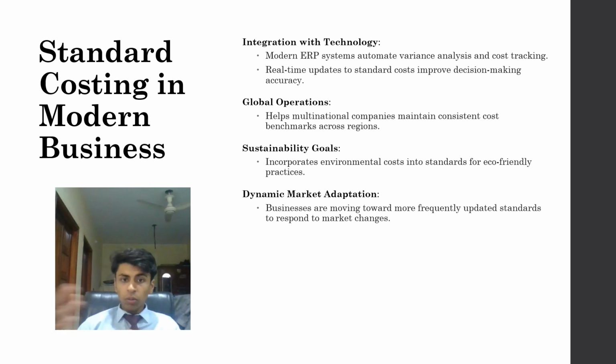Then comes global operations, which helps multinational companies maintain consistent cost benchmarks across the regions. Sustainability goals incorporate environmental costs into standards for eco-friendly practices. Dynamic market adaptation: businesses are moving forward with frequently updated standards to respond to market changes,